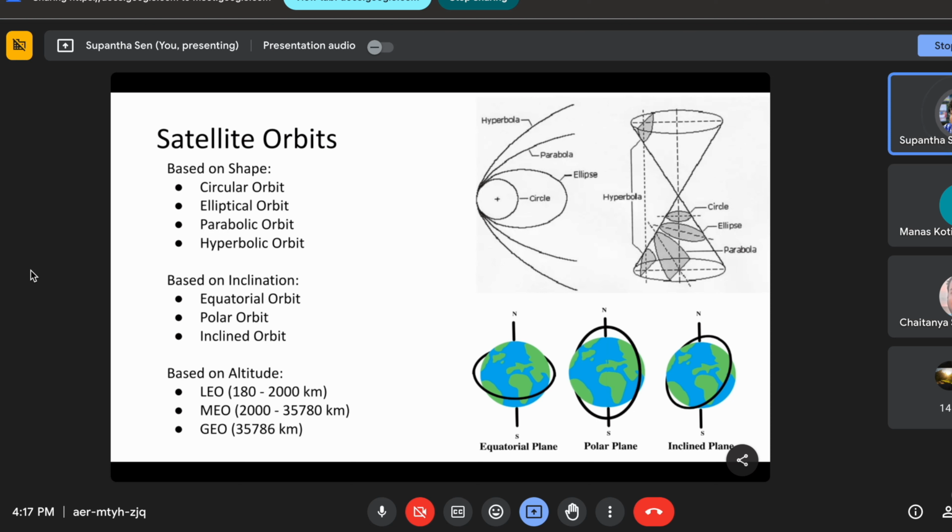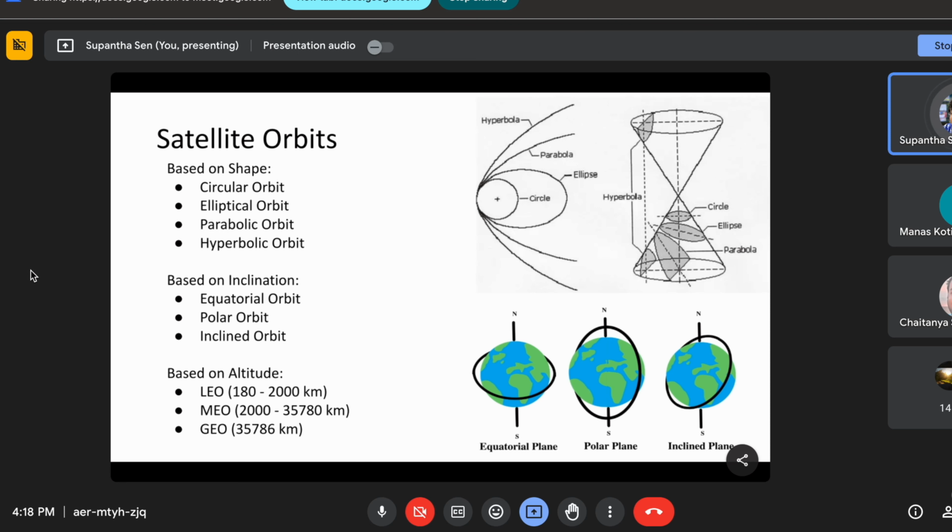As you can see, this is based on the shape of the orbit. Like you all are engineers, so I can tell this famous conic section. Based on the conic sections, these orbits can be defined. So a circular orbit is there, an elliptical orbit is there. Mostly all of the satellites, like natural satellites, are in elliptical orbits because, as you know from plus 2 level, Kepler's laws of planets are there. It's a two body problem.